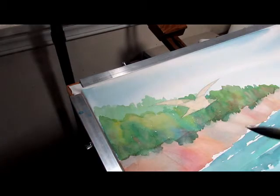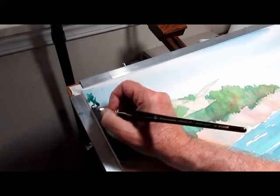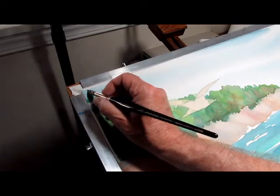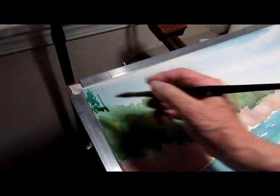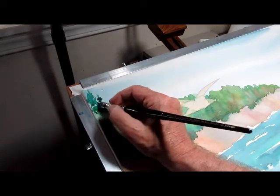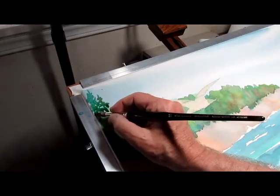Today I'm going to work on the pine trees, starting at the upper left. Now I want to do this fairly quickly, and I want to use the same colors as I was using before. Notice that as I come down, I want to be varying my color. That was kind of like sap green mixed with a little phthalo blue, and here we're using a little more sap green. Notice that I'm going to paint the top of the bushes